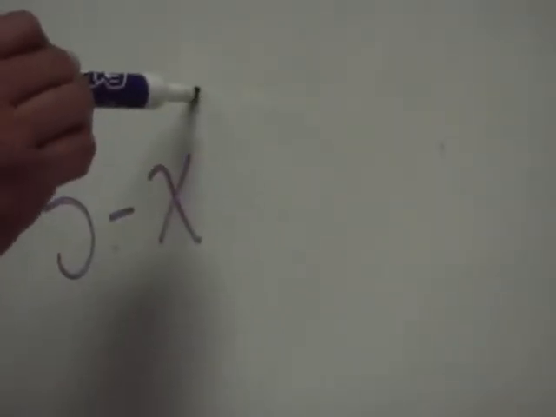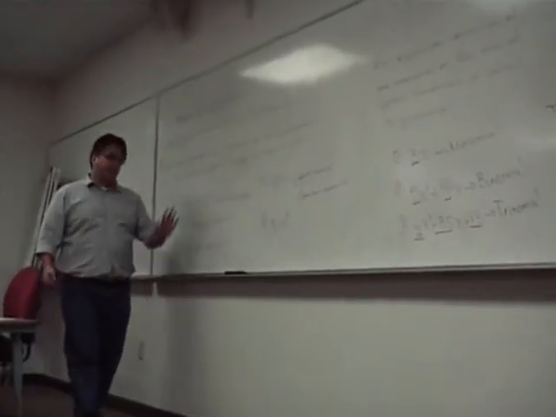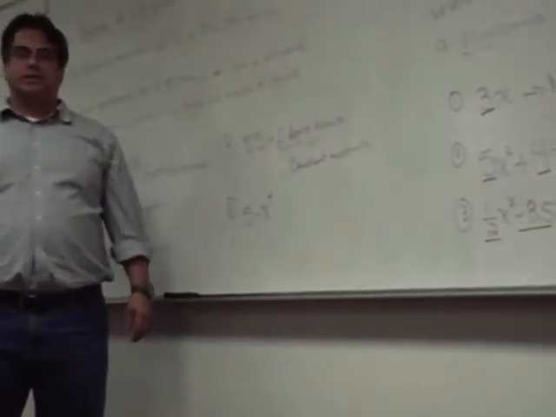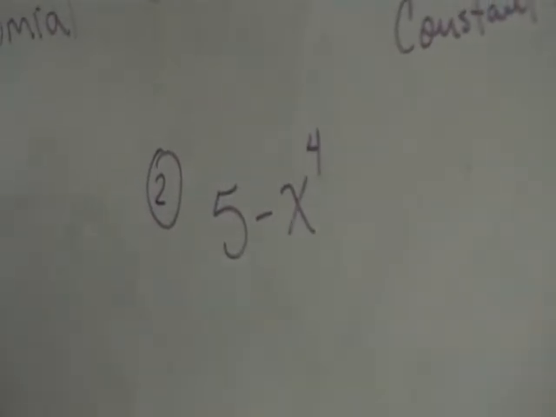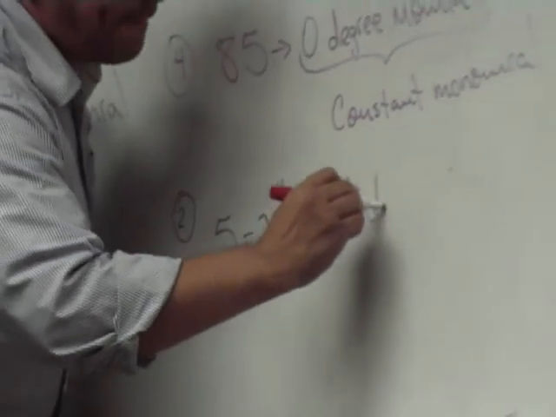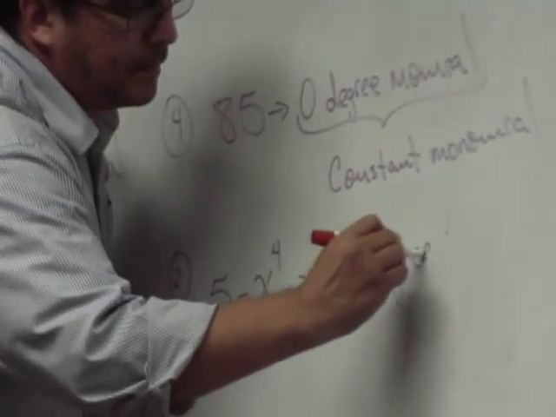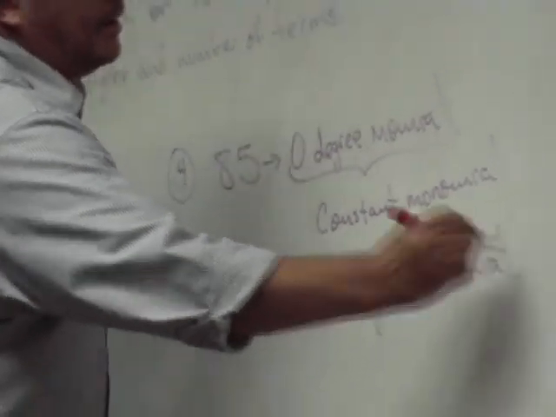All right. Classify that, 5 minus x to the 4th. First, is it a polynomial, yes or no? Yes, the only power of x here is a whole number, good. It's a polynomial. How many terms? 2 is a binomial. What's the degree? 4th. So what do we call this? 4th degree binomial. All right, so that's